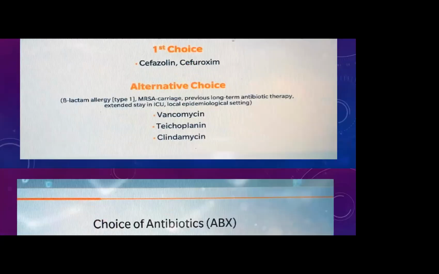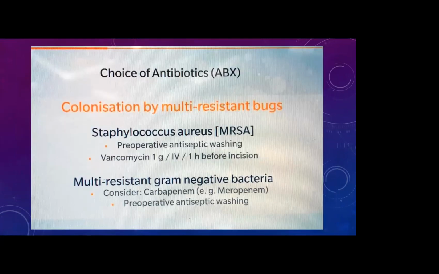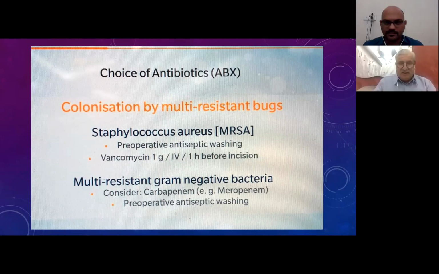If there is not one organism, if there is a multi-resistance organism, staph, you can give him vancomycin 1 gram IV before incision. If they are multiple resistance organism, but it's negative, you can give him meropenem preoperatively. It is not just the antibiotic, of course, with the antiseptic washing of the skin, that to prevent the PJI